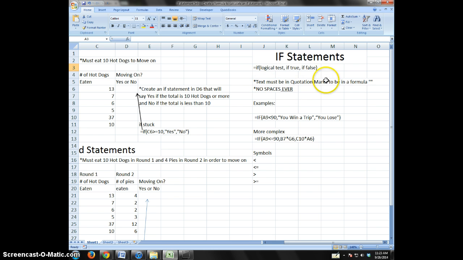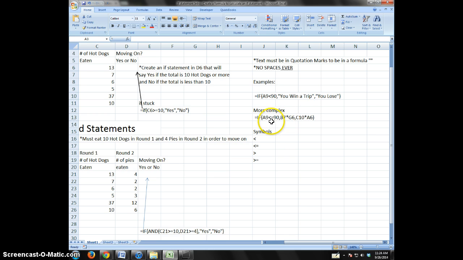Text must be in quotation marks to be in a formula. So especially for the if true or if false, you could have it turn out some text like below. If A9 is greater than 90, then if that's true, the text would show up as you win a trip. And of course, if it's not greater than 90, excuse me, less than, then you lose. And so that can show up. And to get more complex, if it is true, then you would have another thing happen where you're multiplying, dividing, whatever,